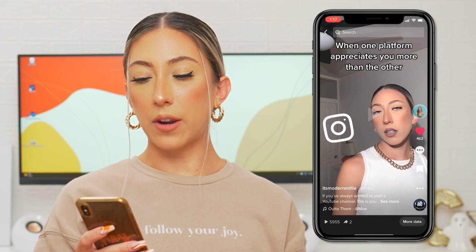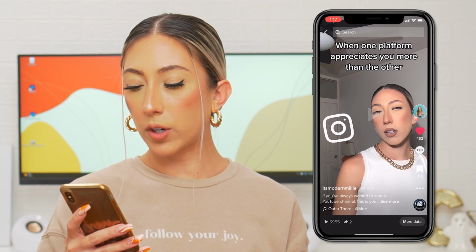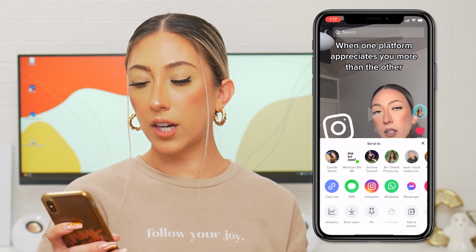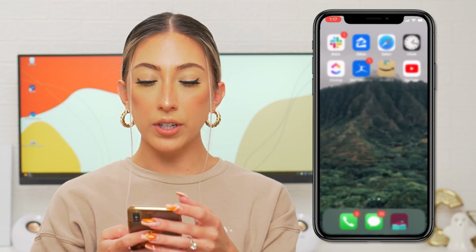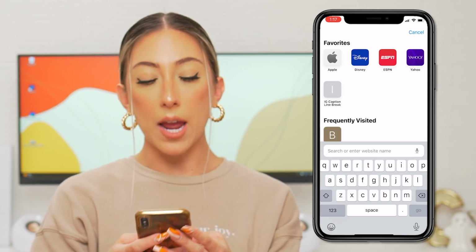Number 3, let's say you've already uploaded your TikTok and it's in your feed right now and you want to save it without the TikTok watermark. So this one, let's say that I want to repurpose this onto another platform. So I'm gonna press the 3 dots. I'm gonna copy the link here. Then I'm going to open my Safari app and I'm going to go to